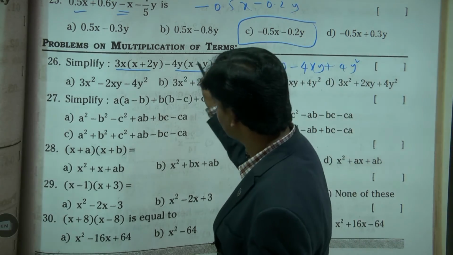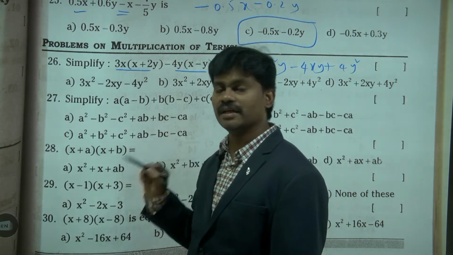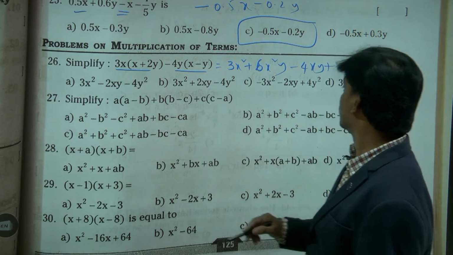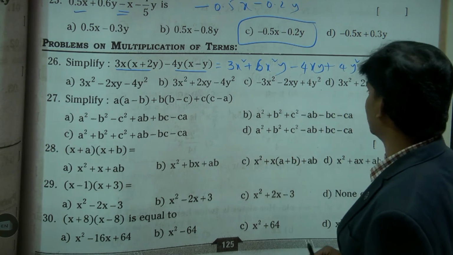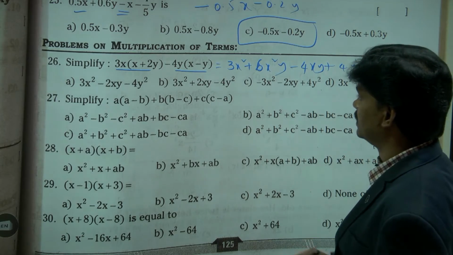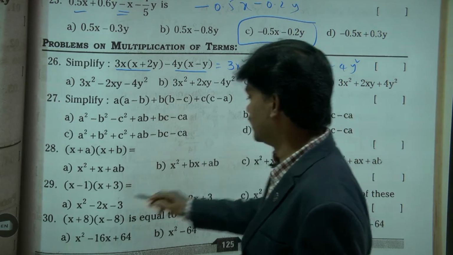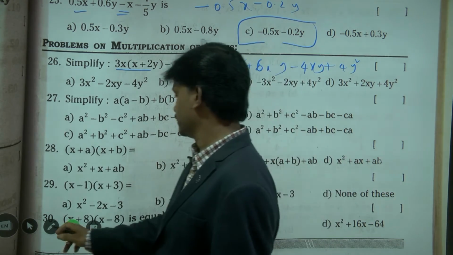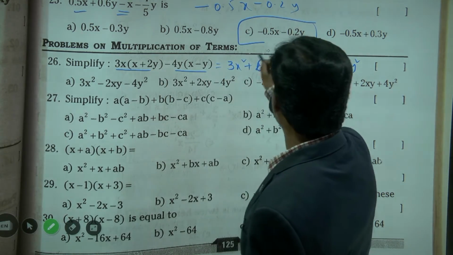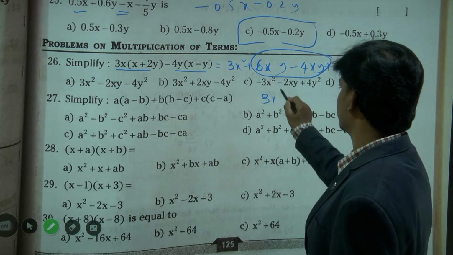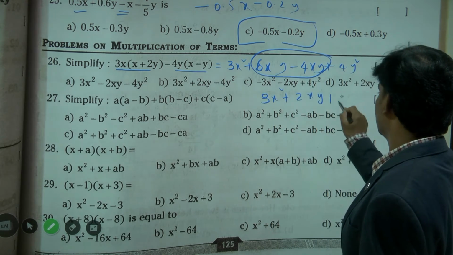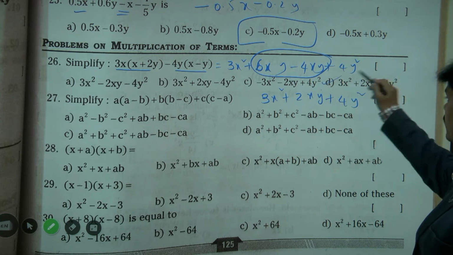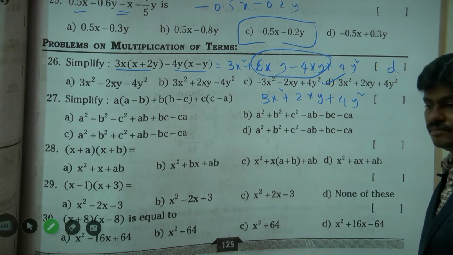If you see here, minus and minus is plus. 3x into x, 3x power 2, 3 2s are 6, x square y. So here any like terms we can simplify, if not we shall leave like that. And 3x into, yeah, this is not x square, that is only x, there is no square here, right. Now we can subtract 6 and 4, we get 2, 3x square plus 2xy plus 4y square. Option D is the correct one, right.